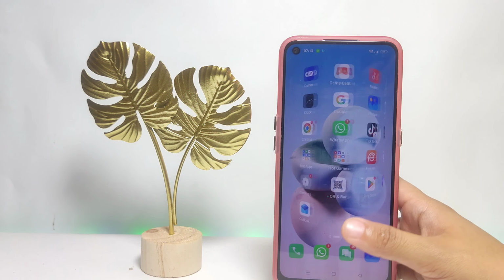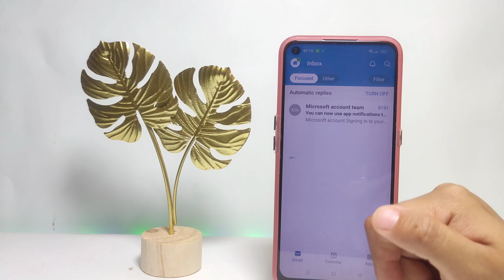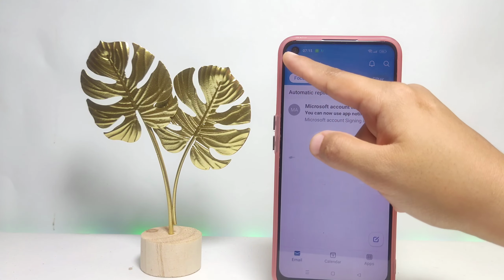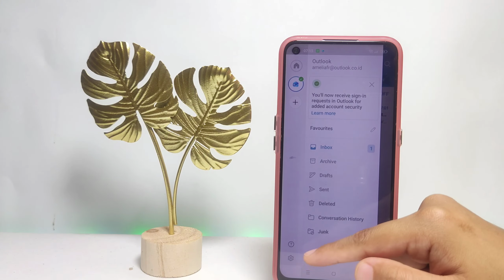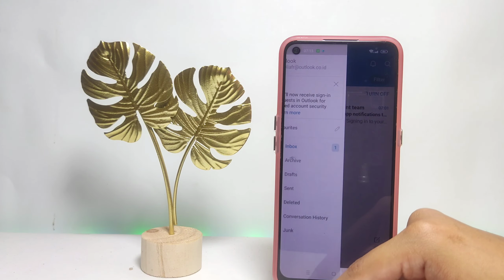Well guys, first things first, of course you just have to open Outlook. And in this page, go to the account icon at the top left corner of your phone. Now at the bottom you will see the gear icon, which is the settings. Just go ahead. And in this settings page, you just have to scroll down until we find here